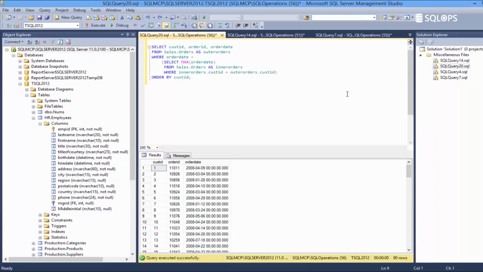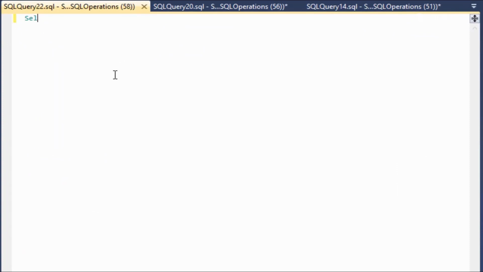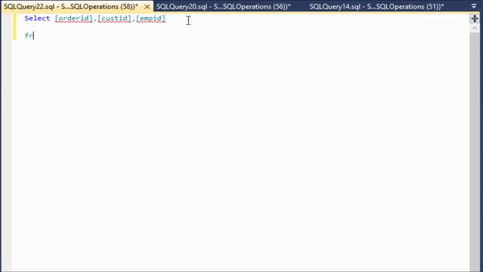Now let's look at an example that shows how to use more than one subquery. Let's open a new query and let's do a select. Let's get the orders table. Let's get the order ID, customer ID, employee ID from sales orders table,